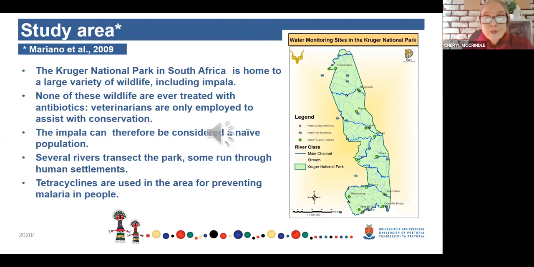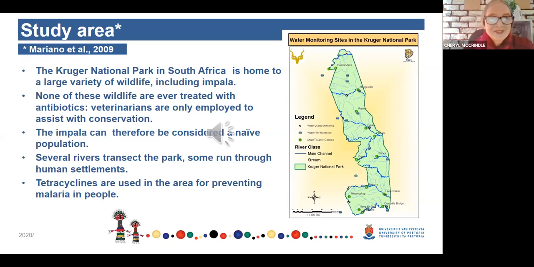So the Kruger National Park, if you ever come to South Africa, you must come to the Kruger National Park. It's absolutely marvelous. And any of you were there, and give me some sort of WhatsApp or email and come visit. I've got a flat attached to my house for visiting academics. You're welcome to come and stay with me, and we can go together and go and have a look at some wildlife sometime.